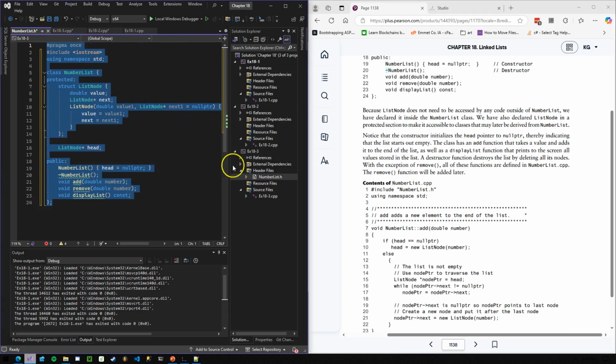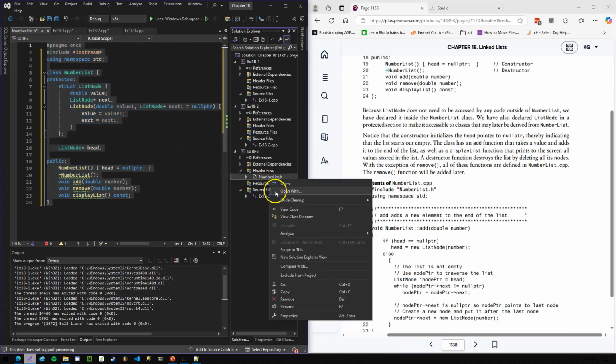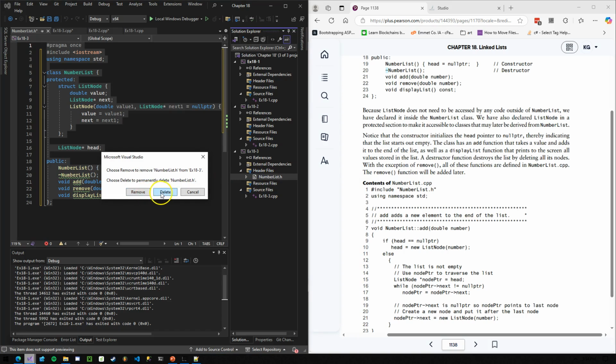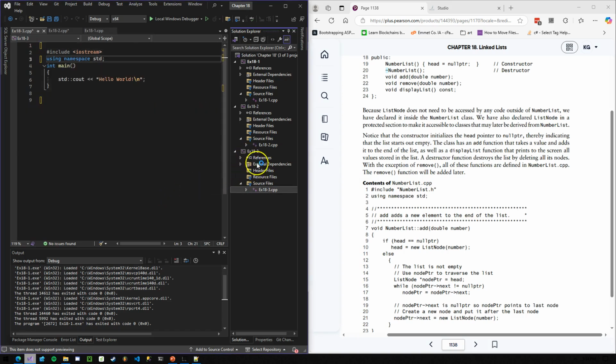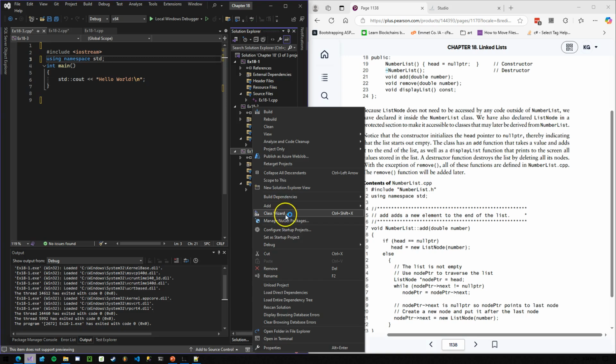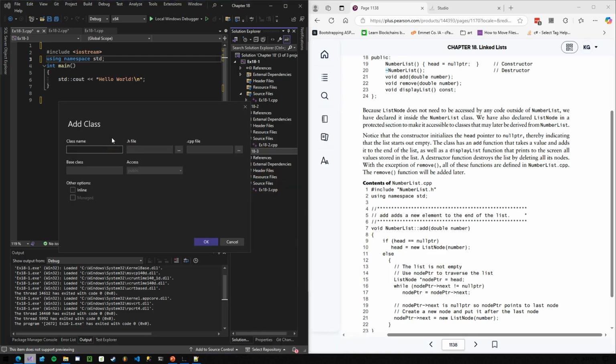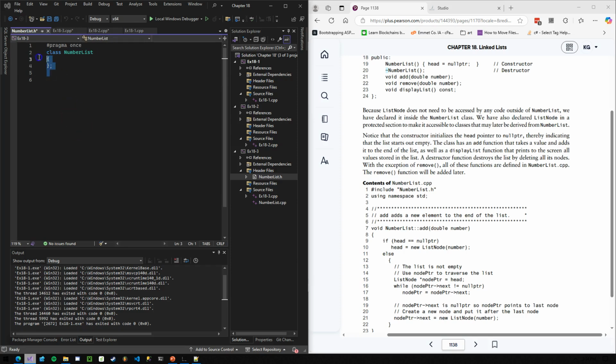You know what I'm going to do? I'm going to copy all this. I am actually going to delete numberlist.h. I didn't realize we had that CPP file. Delete it. Now what I want to do is add a full class here. Now we can do NumberList. We'll get the header file. We'll get the CPP file. There it is. I'll just